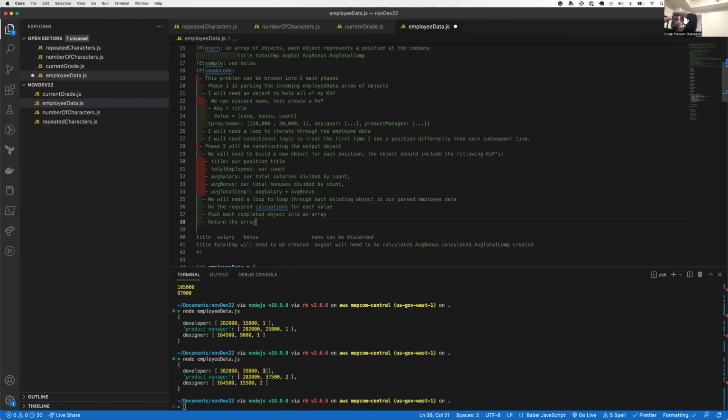Okay, so as far as phase two of this, where we're constructing the output object, we will need to build